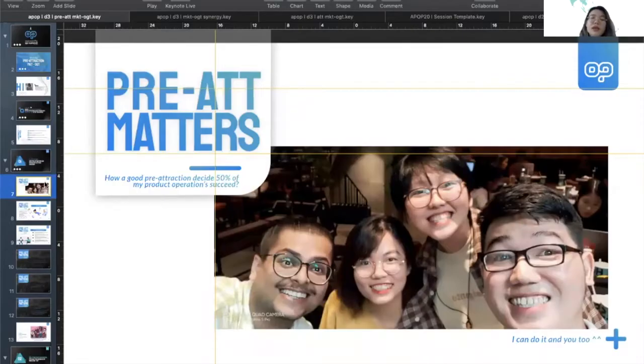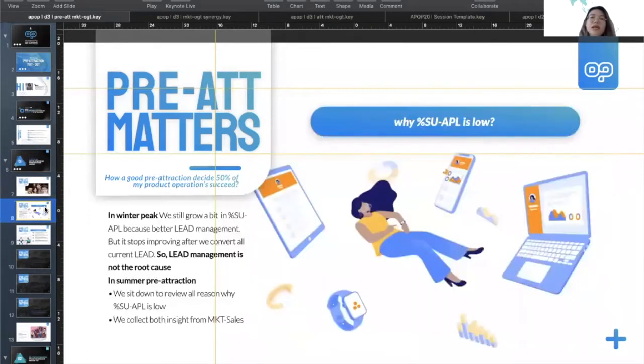My experience when I was in oGV is about synergy and reattraction. At that time, the thing that we were pushing a lot, and concerned about more, was the conversion rate from start to upline. I know it's the thing that most of you here are asking about, right? Why is start to apply very low? I realized that even if we do lead management very well, if we don't figure out the root cause, we cannot know how to improve this conversion rate, because it has deeper root cause problems.